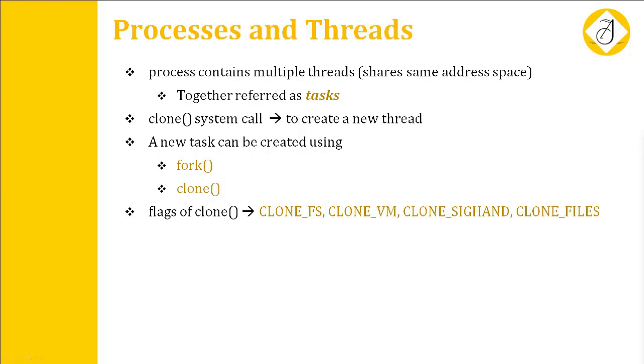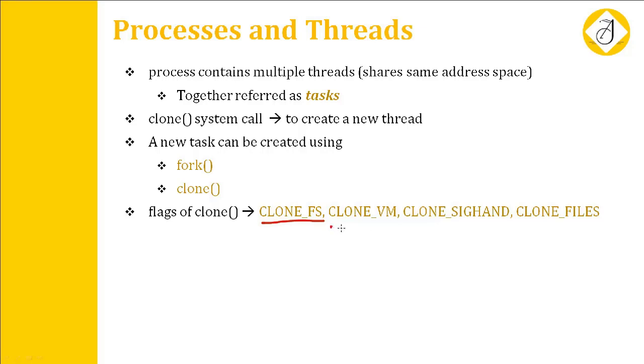But the clone system call creates a new task with its own identity, but that is allowed to share the data structures of its parent. Using this clone system call gives an application fine-grained control over exactly what is shared between two or more threads. So there are certain different flags that are used for this clone system call. Number one is clone underscore fs. It represents the file system information which is being shared.